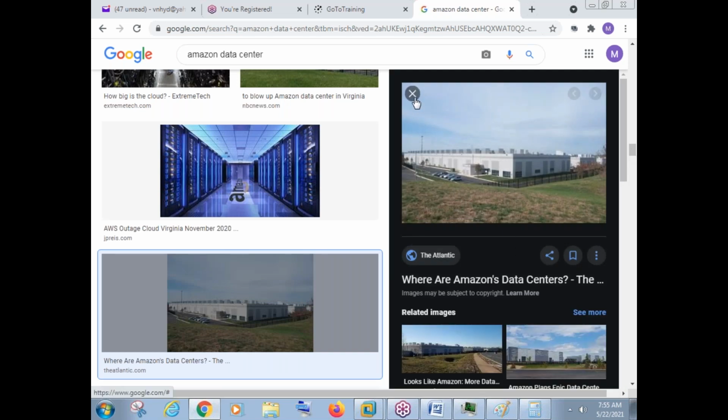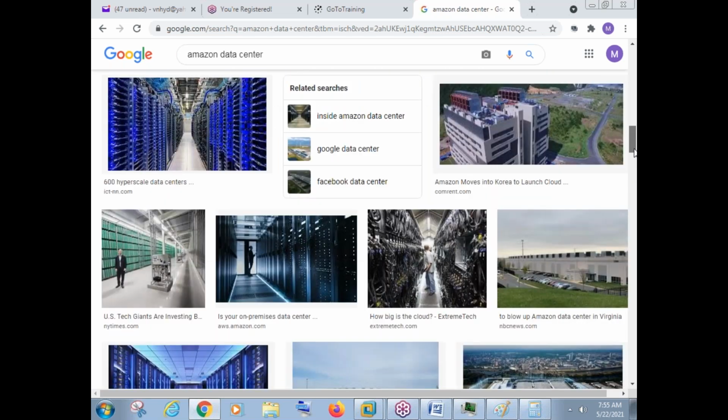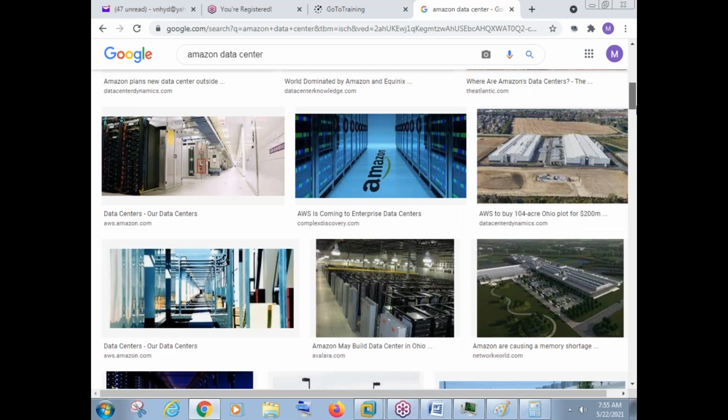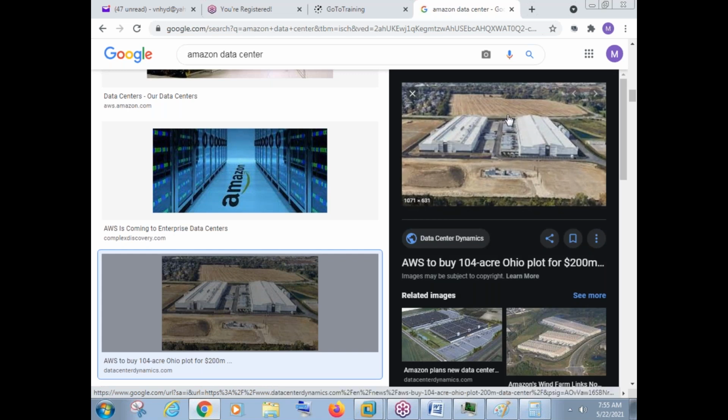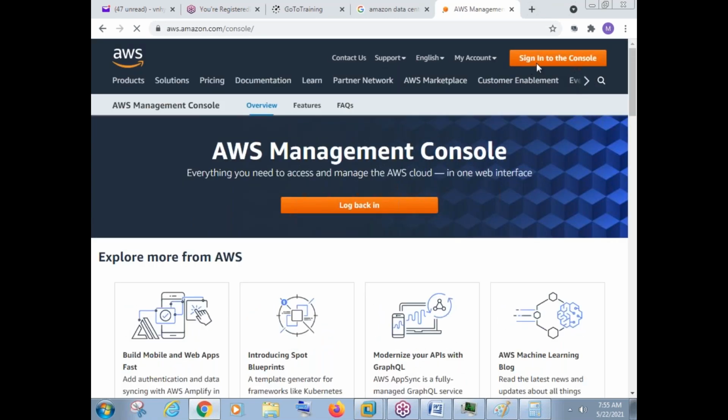So what these companies are saying is, why are you spending money on your physical servers? No need to spend any money there. We have the data center here, huge data centers with huge capacity. So you can simply connect to our data center by using your internet connection, and you can make an account here. Like we can see the account is here, Amazon Management Console. So I need to sign in here. I'll just show you how to sign in.